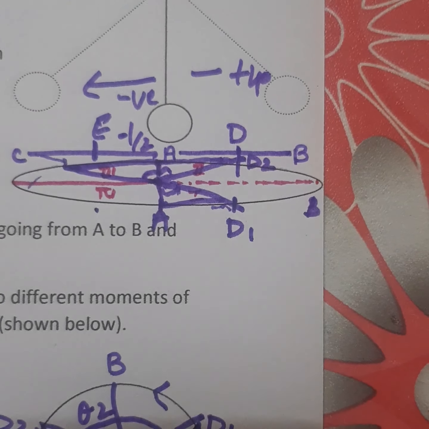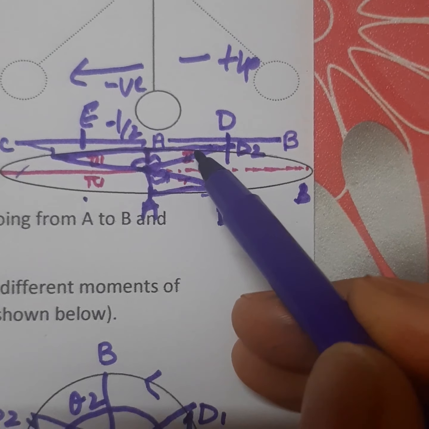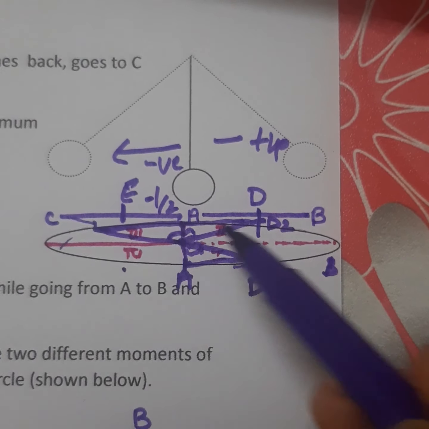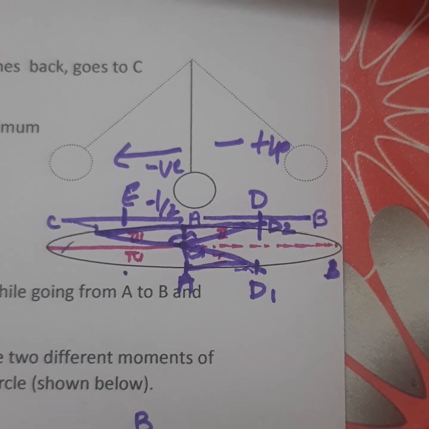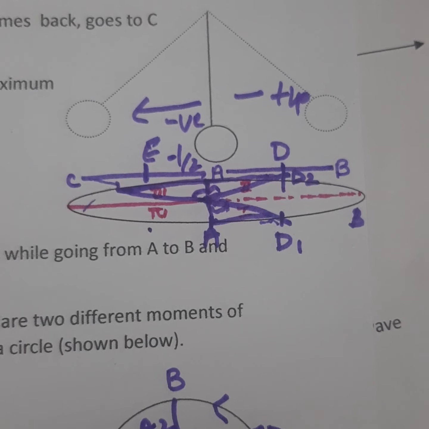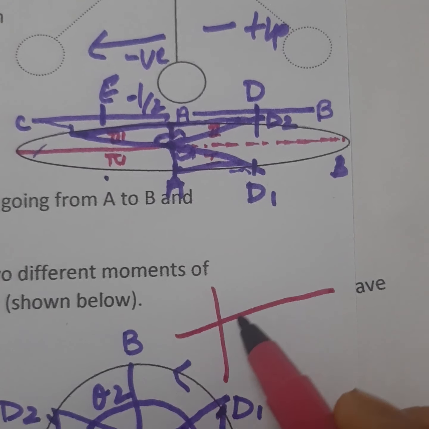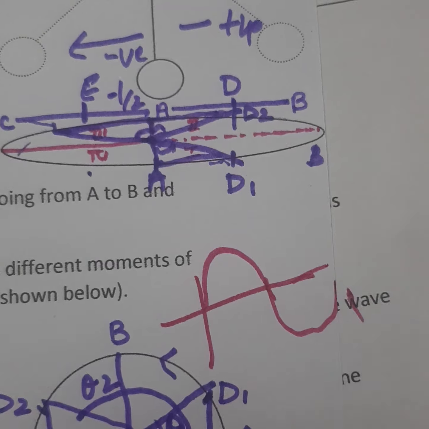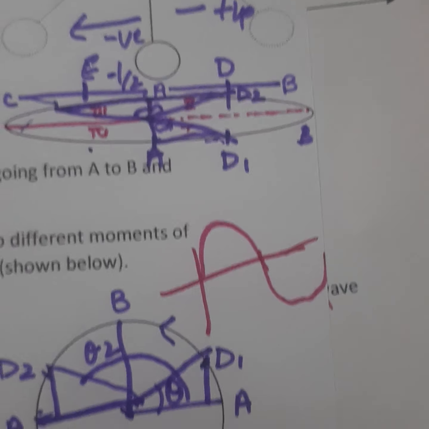And sign conventions will automatically come as we move from first quadrant to second, second to third, and third to fourth. So for this reason a circle was chosen to represent a wave. By understanding this, you'll start taking this misconception that the wave will look like a semicircle. This is crest and this is trough, and you started making them semicircles only. But there is something little to be focused on.